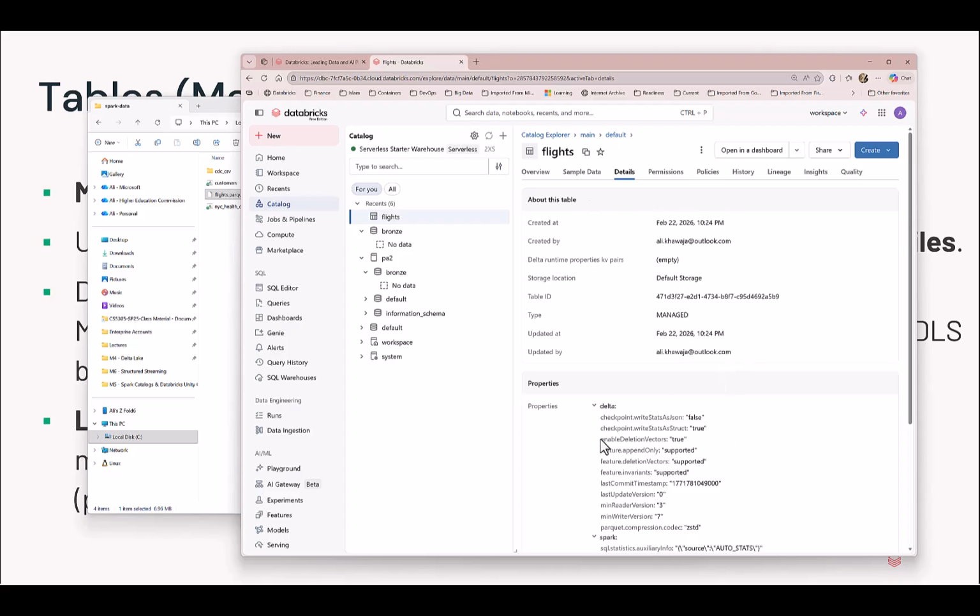Enable deletion vectors is the important one. This is for merge on read. If you don't enable deletion vectors, it does copy on write, where you have to use vacuum. And when you do enable deletion vectors, you basically do merge on read, right? You have two things. And merge on read is, if you remember, essentially where